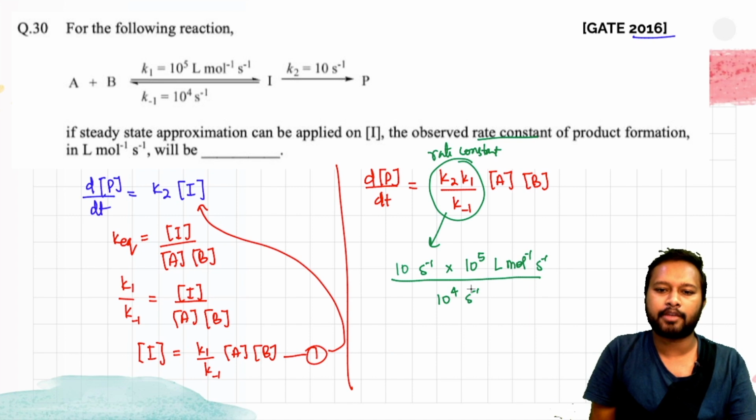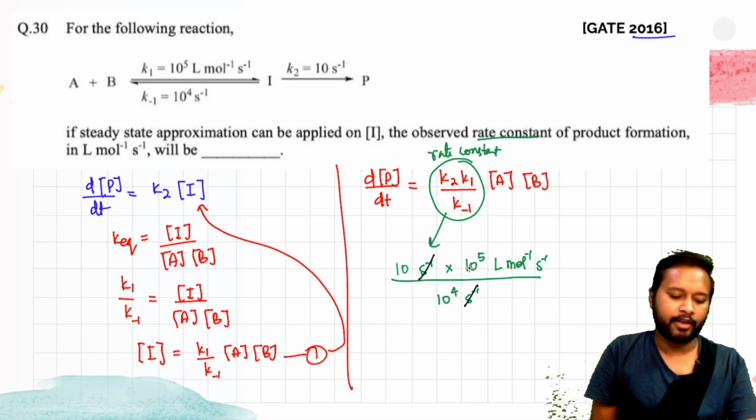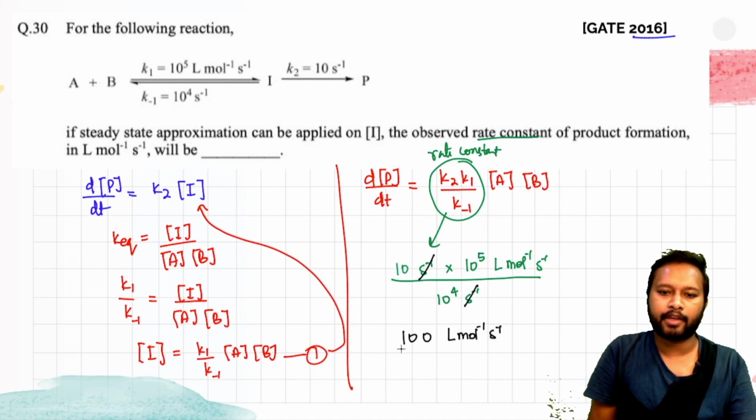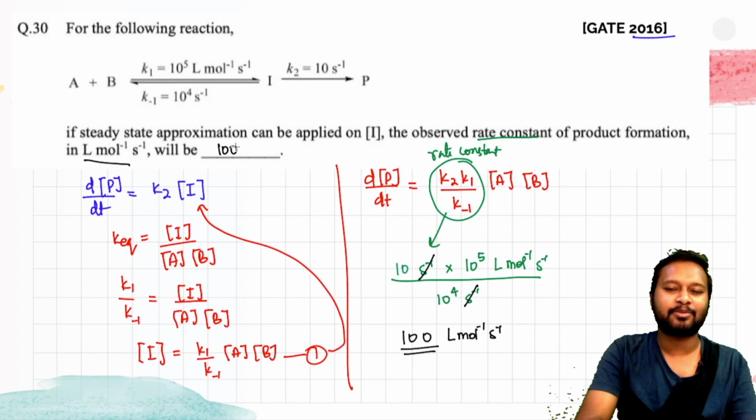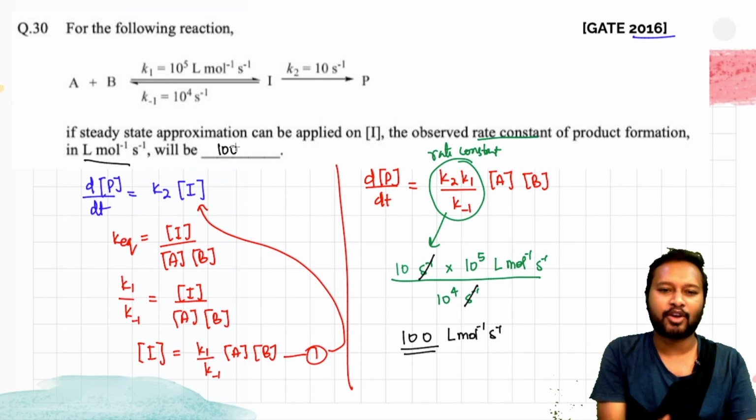So cancel out the things which can be cancelled out. The second inverse terms are getting cancelled out. You just have liters per mole per second, right? 10 to the power 4 is going to cancel out 4 of the 10s from here. Only one 10 will be left, and that means the overall value will be 10 into 10, that means 100 liter per mole per second. The final answer gives you the same unit in which it is being asked. So you can see how beautifully we have got the answer in the same unit as being asked. Okay, so this is how it has to be done. Simple and straightforward calculation. You just have to be a little bit careful on applying the steady state.